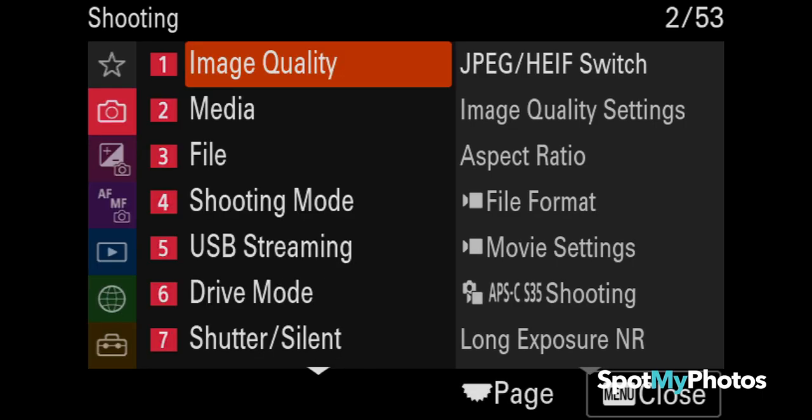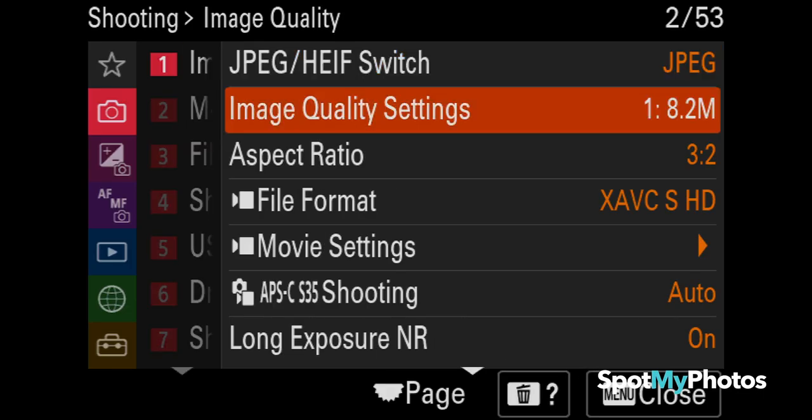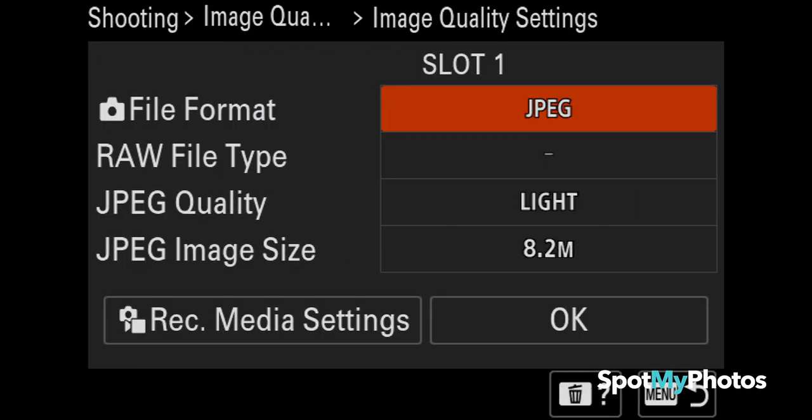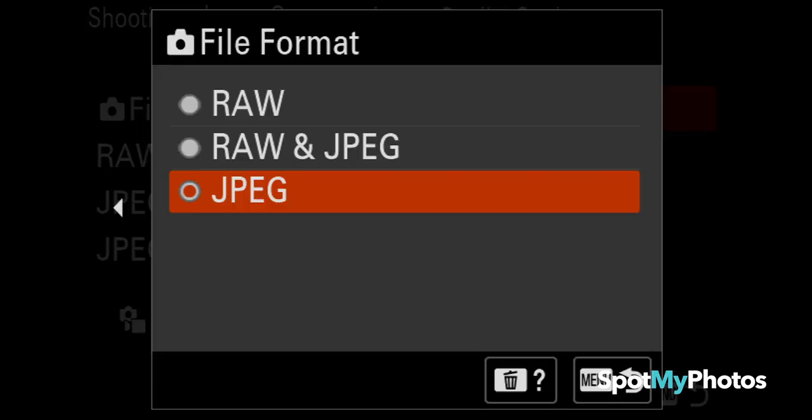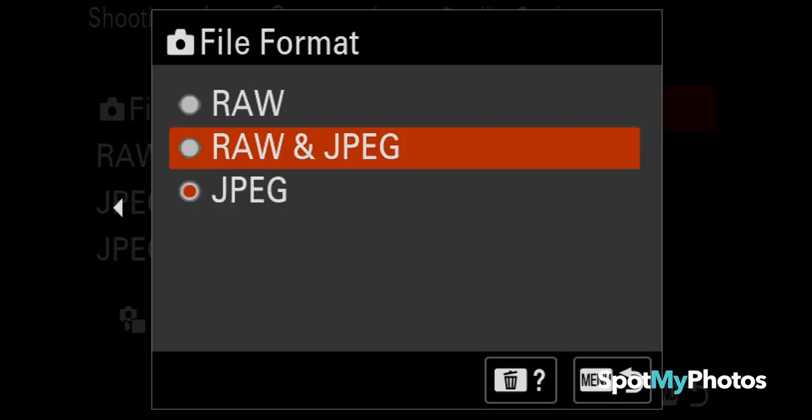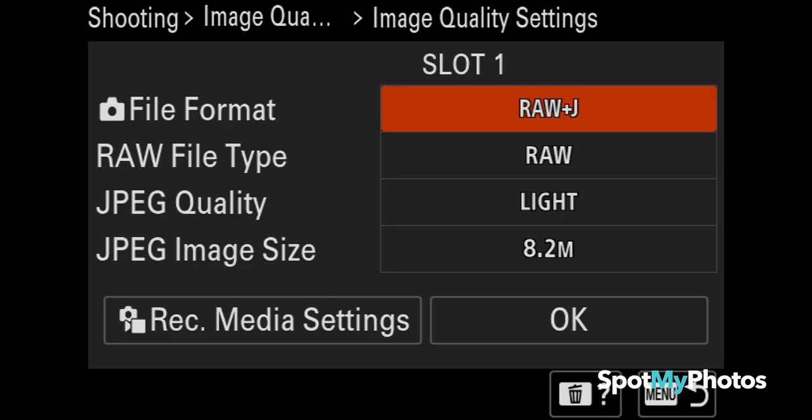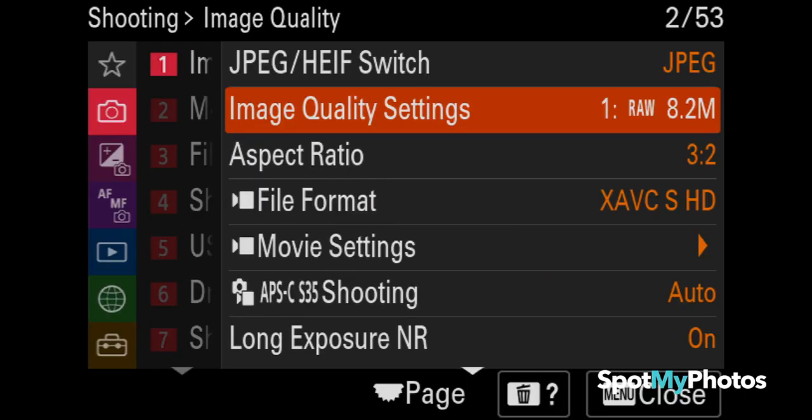And then right to Image Quality. And then again to Image Quality Settings. And under File Format, choose RAW and JPEG. These settings ensure you have a RAW file for any post-event editing to correct any images that had challenges, but